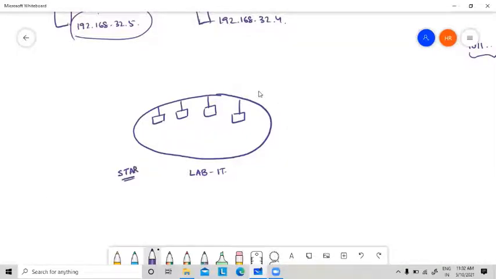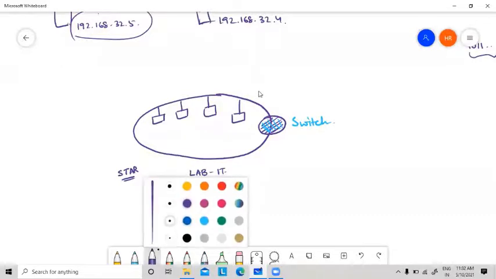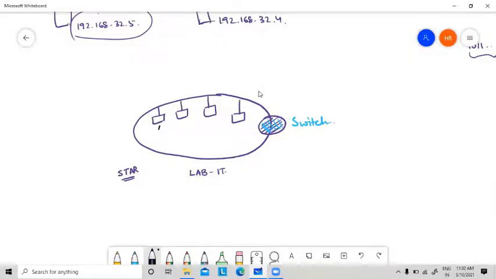It means there is one intermediate device. Suppose this is the intermediate device. It can be a switch or a hub. So suppose this is a switch. Now suppose one particular device A is trying to send data to device C. So what will it do?